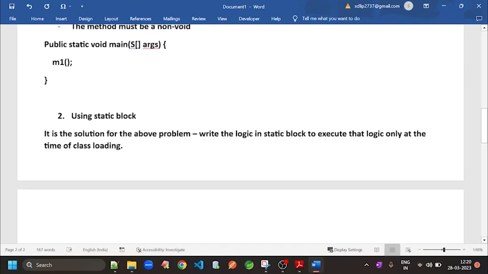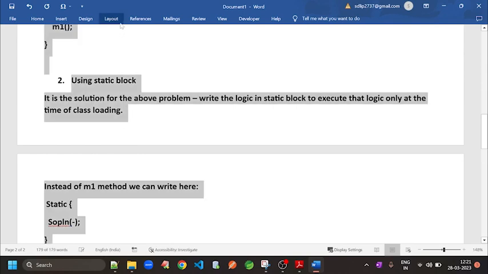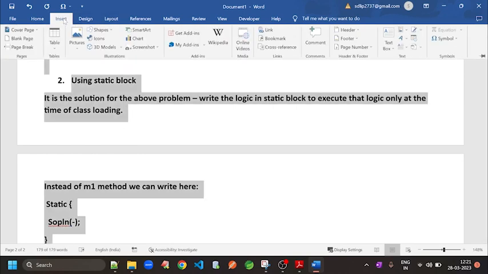Okay, we can write like this: inside the static block, we define whatever SOPLN statements we have. We will write all the logic that was mentioned in the m1 method. Instead of the m1 method, we can write it here. Okay, like this. Okay, the spacing. So